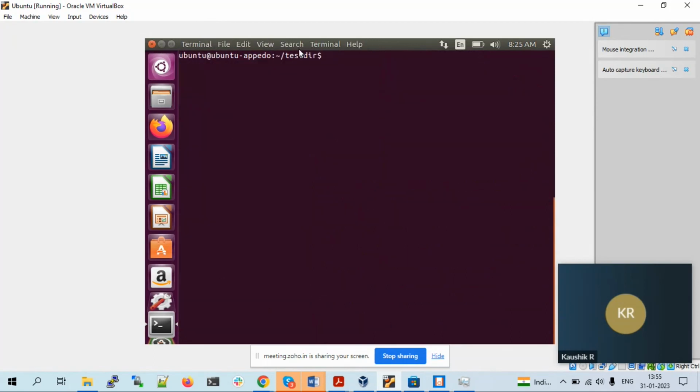So if you want to make sure you are in the correct directory, you need to issue the pwd command. So you are in the test directory. This is the full path. Okay, you are in the slash home slash Ubuntu slash test directory. Okay, so if you want to list the files and folders inside that, you can list. There are no files and folders created inside it, so this will return empty results. Okay,